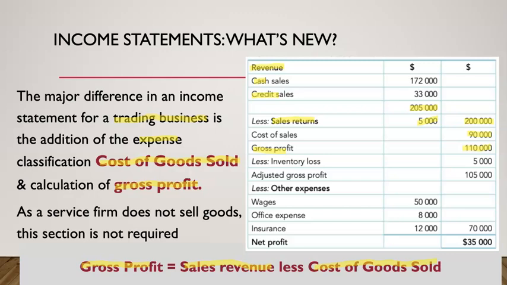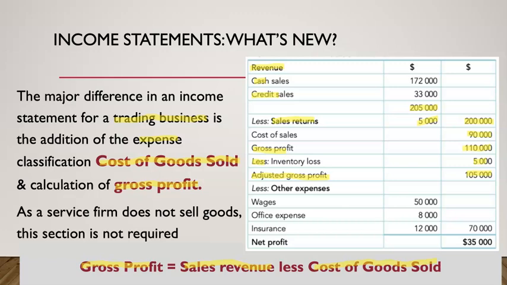Because we have inventory, we might have an inventory loss or gain. In this case, we have an inventory loss, which is an expense, so we less it of $5,000 to get our adjusted gross profit. So if we pause there, from revenue of $205,000, we have resulted in adjusted gross profit